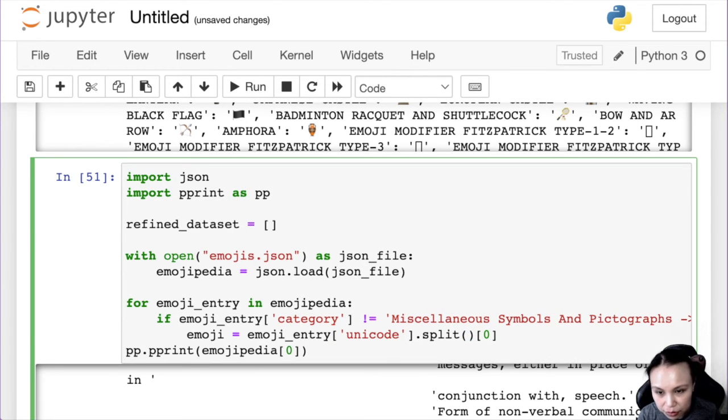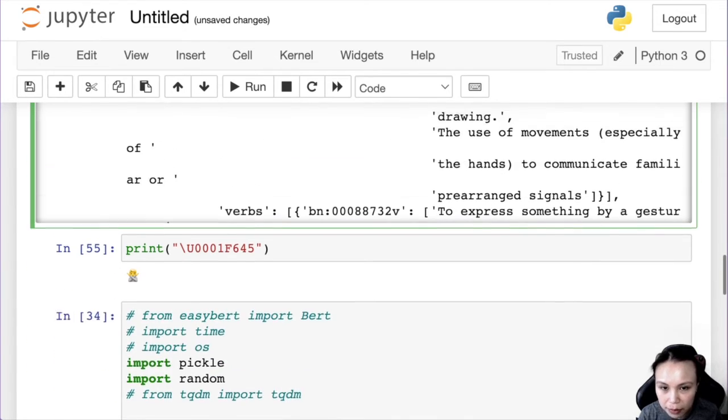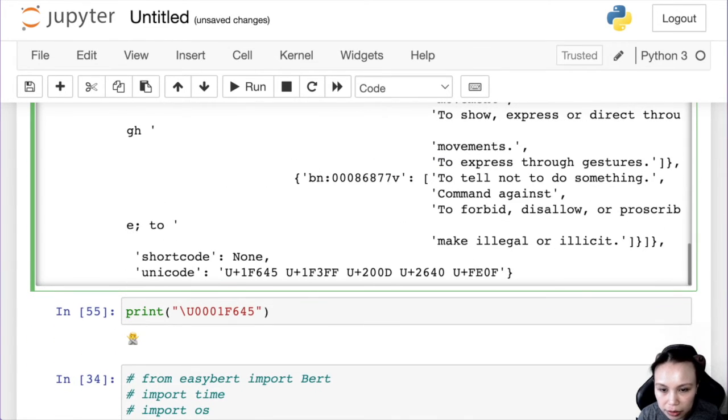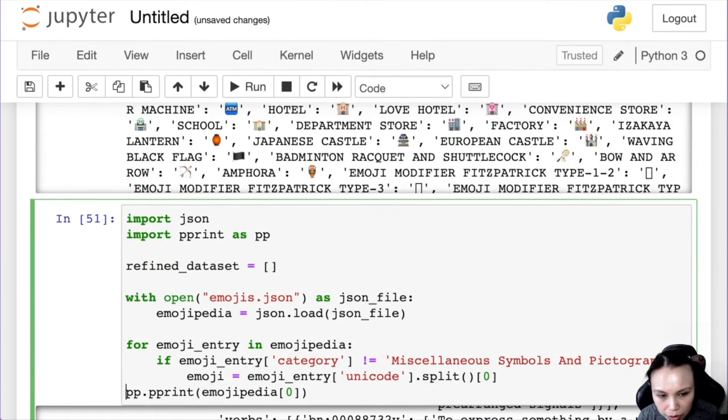I also have to change it into this Python format. So if it's U plus, then I remove the U plus, and then I would pad the zeros to be 8 digits. So let's remove the U plus by only picking to the end, and then use zfill.